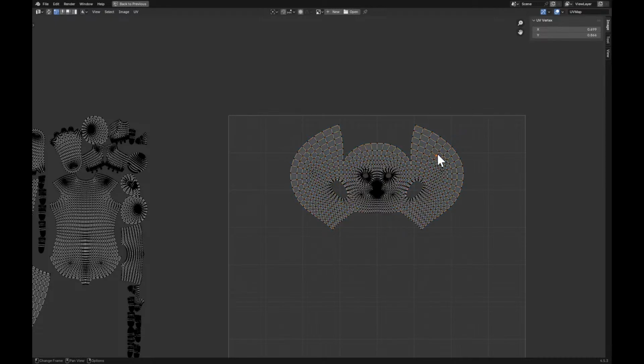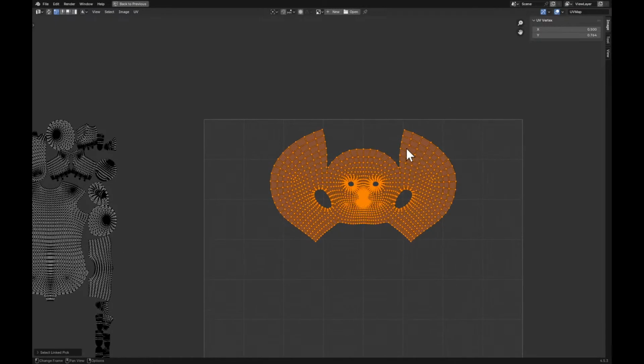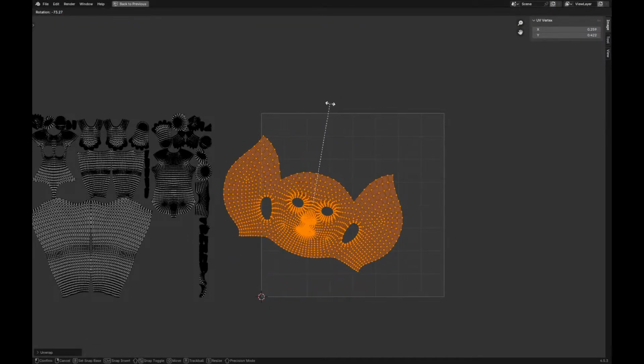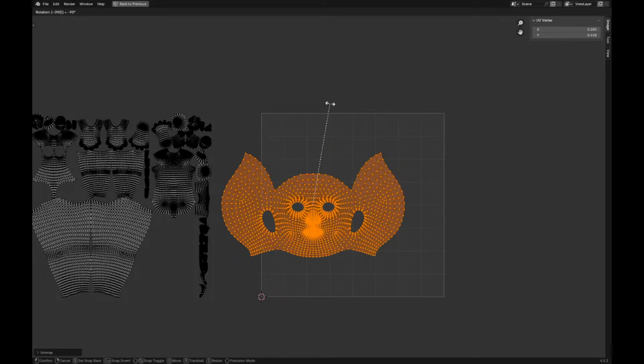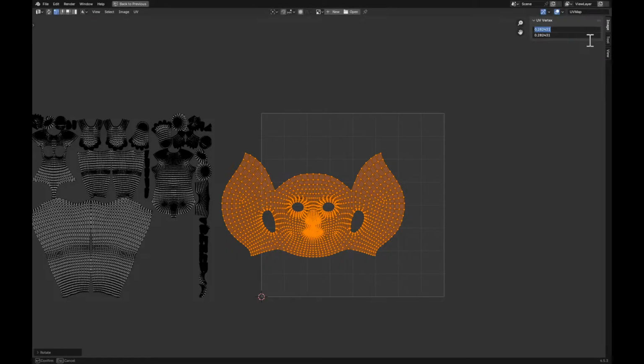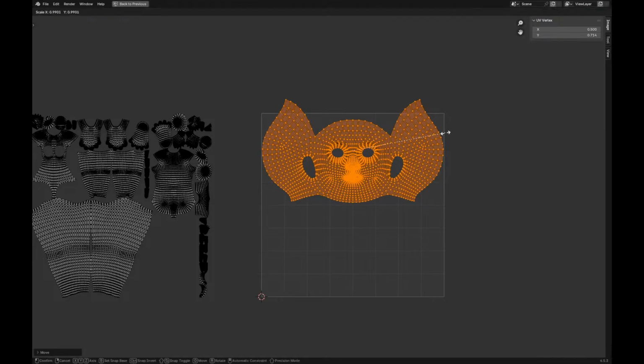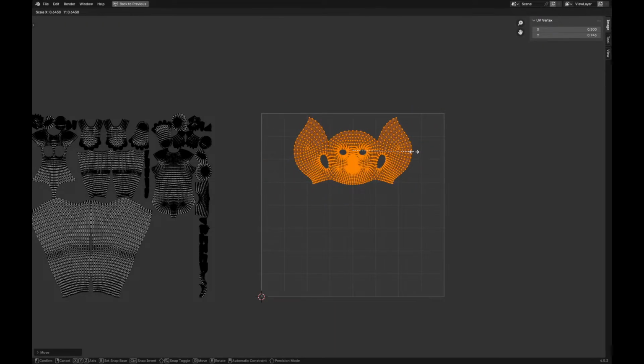And also on this head unwrap, I'm going to unwrap with minimum stretch instead. So minimum stretch is going to reduce the stretching. I'm just going to rotate that again. I'll move it to the middle, 0.5 on G Y, I'm going to move this up and I'm going to scale it down,